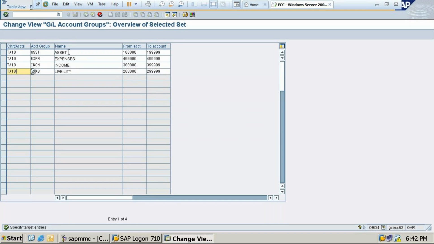So already you can set assets, liability, income, and expenses as it is given. So I am going to save this. How to save? You need to press enter. Please make a note how it is displaying. Write this record only: chart of accounts, accounts group, name, from account and to account.